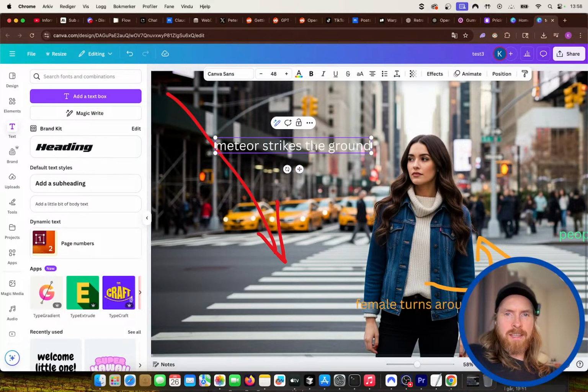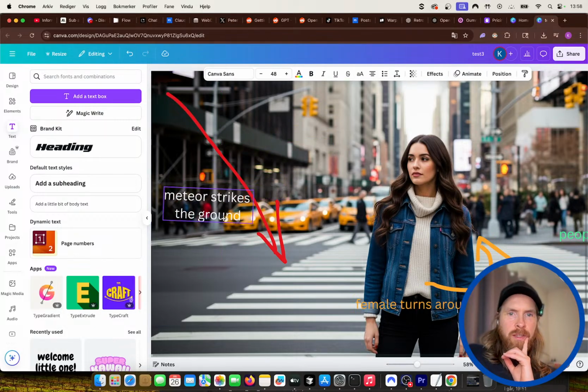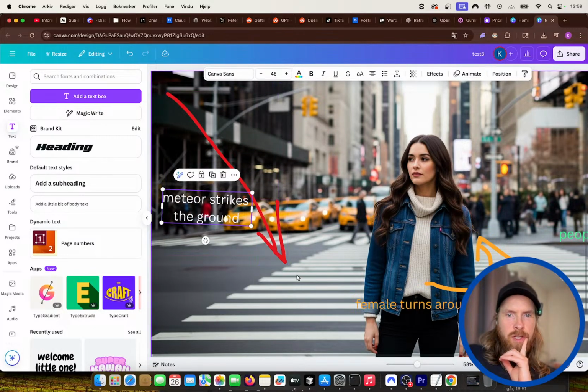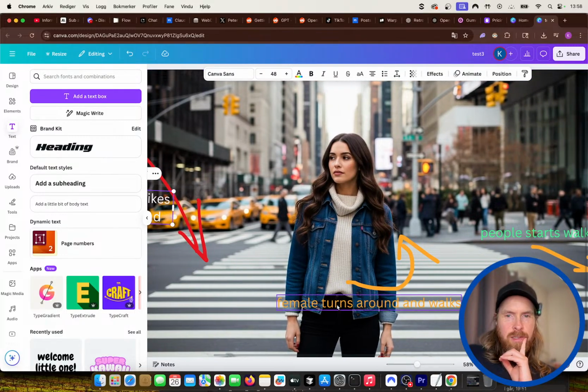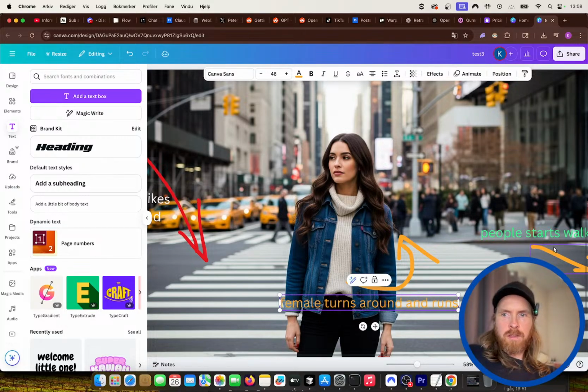Superman, we can do that. I just want to see how far we can take this. So we have a meteor that's going to come in from the left here and strike the ground. Turns around and runs. Let's try that.